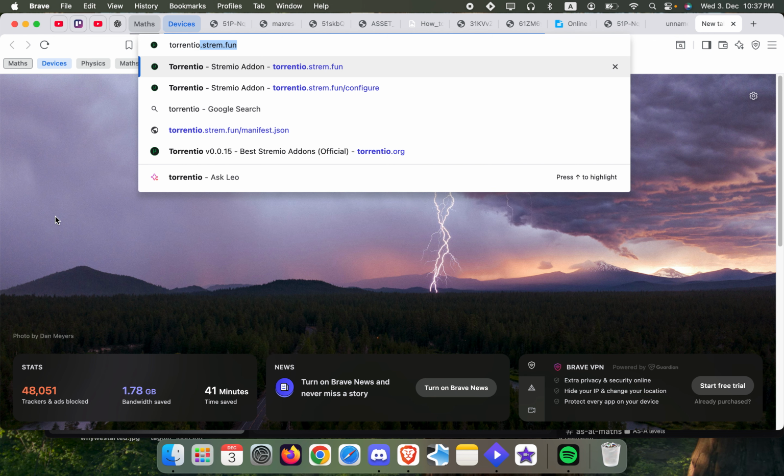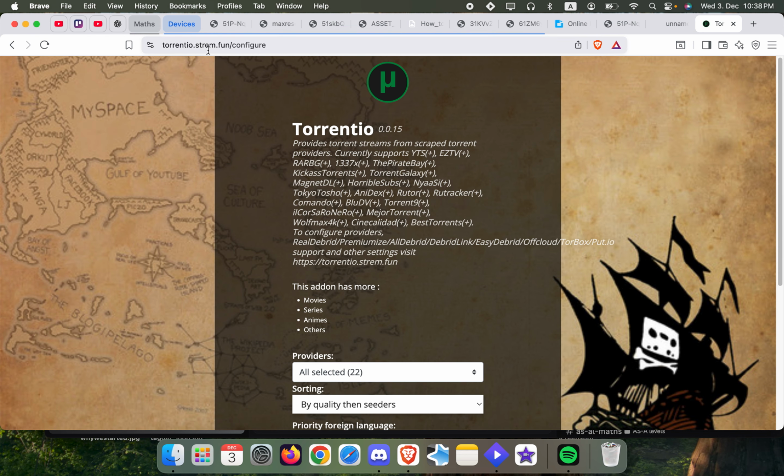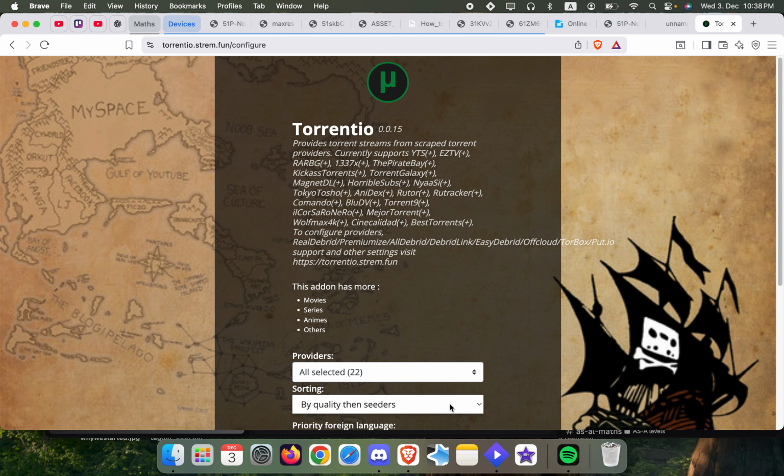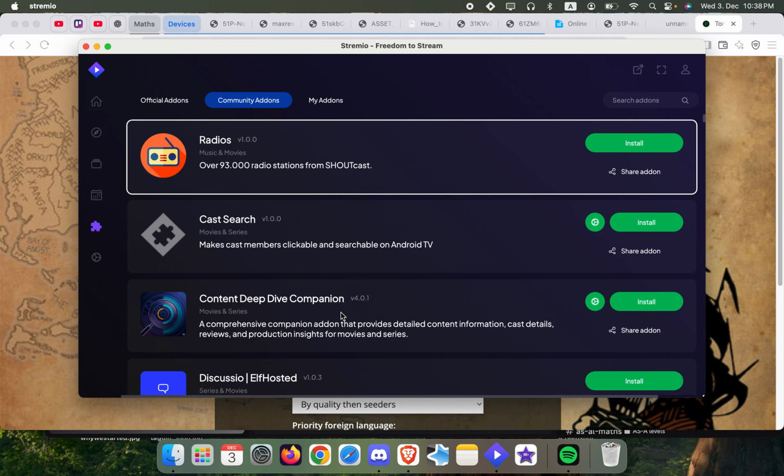So first of all, you just have to go to any web browser that is there on your Firestick TV, and then you'll have to go to this link which says torrent.io.strem.fun/configure. From here you can just click on install, and then you'll be taken back to Stremio, and your add-on will be successfully added. Okay, then obviously you can browse TV shows or whatever movies you want to watch, and